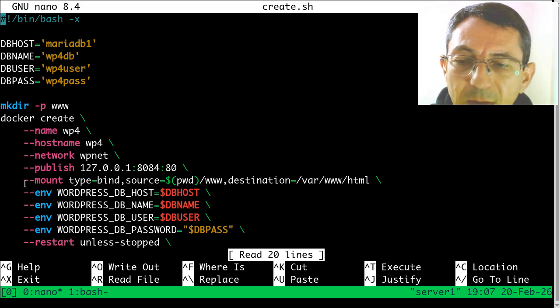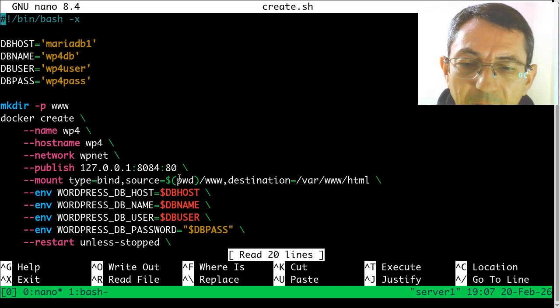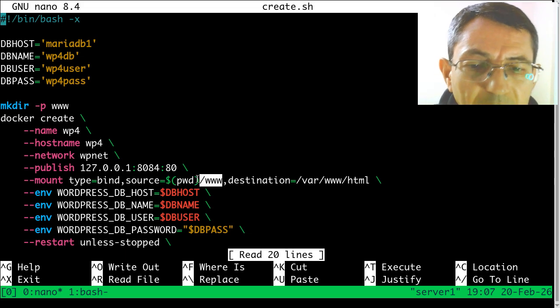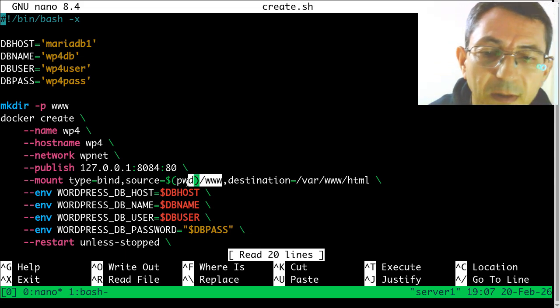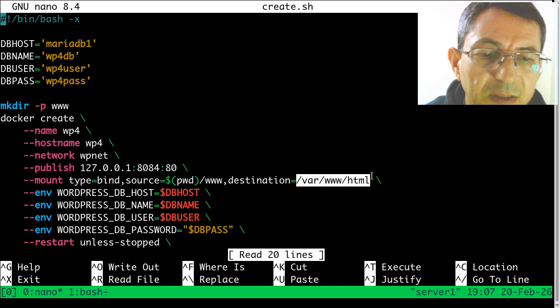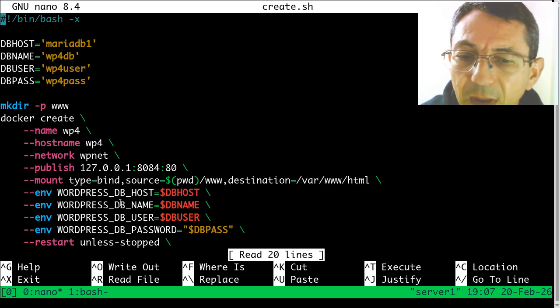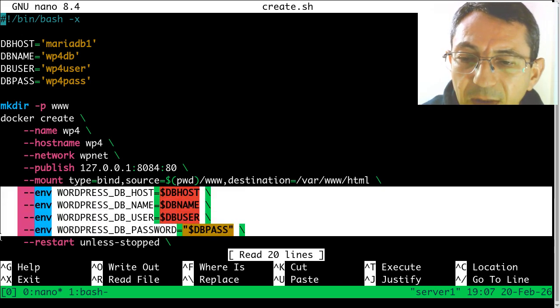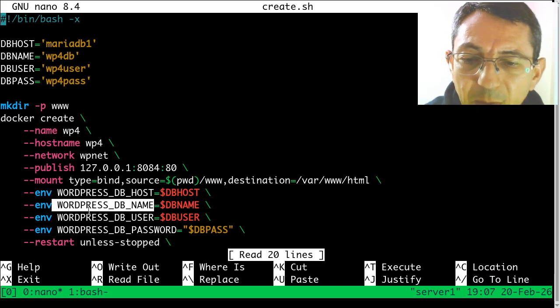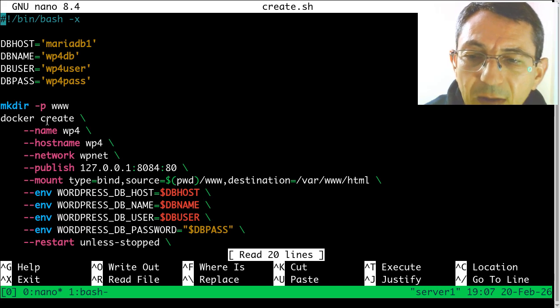And then this option, mount, is mounting the directory www in the current directory to the directory /var/www/html inside the container. Then we define these environment variables: WordPress DB host, WordPress DB name, WordPress DB user, WordPress DB password, and